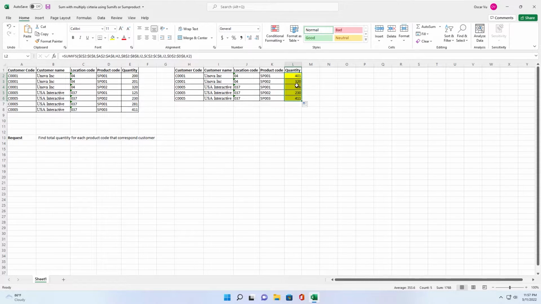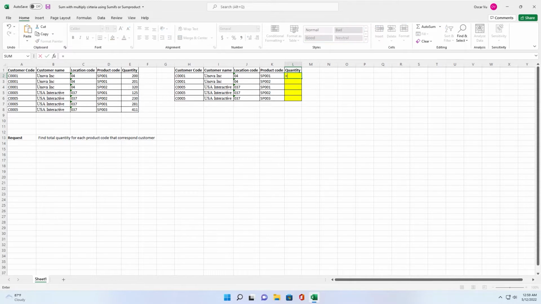As you can see, we have a result. This quantity, we need to find for this product code that corresponds to the customer. Now I use the Sumproduct formula to find the total quantity. Equal sign, Sumproduct, open parenthesis, you open more parenthesis. Array 1 is customer cost from A2 to A5. You need to lock this array by pressing F4, equal